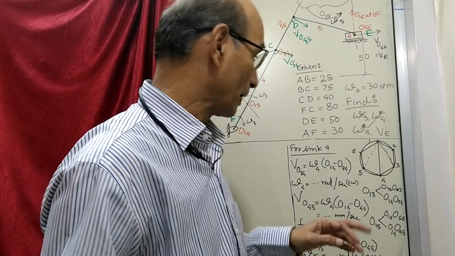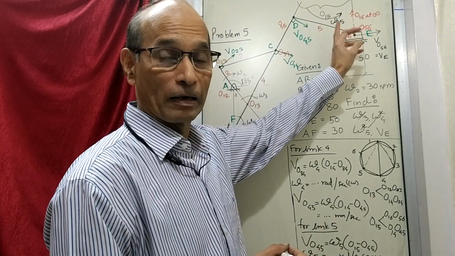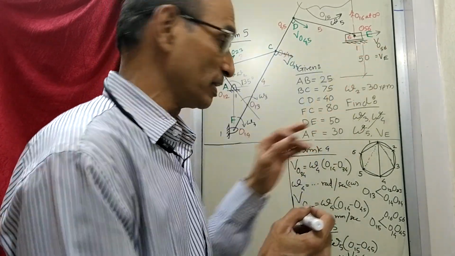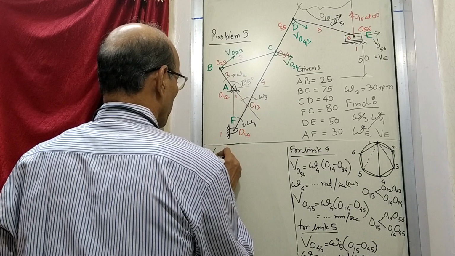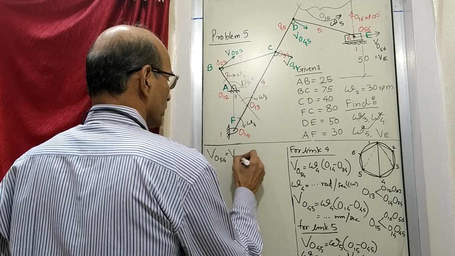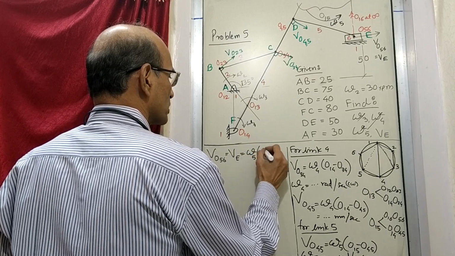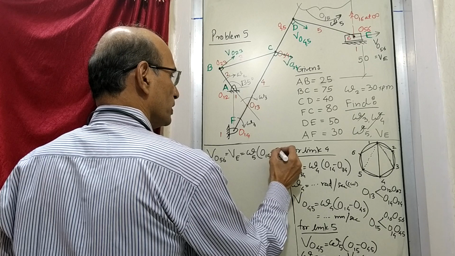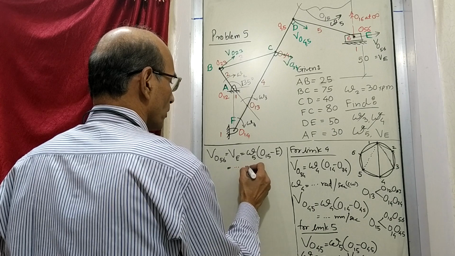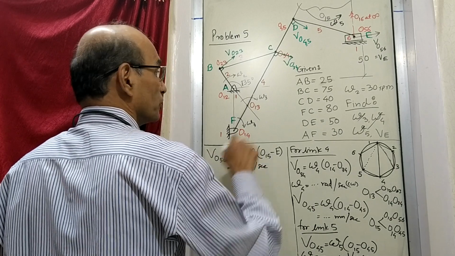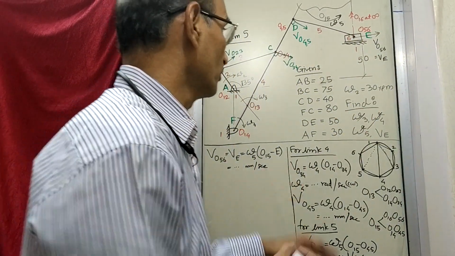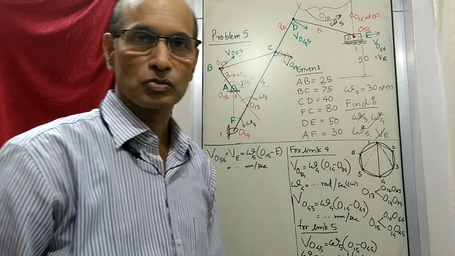Okay, so we have got the angular velocity of link number 5, that is omega 5. We now take another point on link number 5, that is 1_5 to 6. So we write here the velocity of point 5,6, which is the same as the velocity of E, which is equal to omega 5 times the distance from 1,5 to E. So the 1,5 to E distance is known, omega 5 is known, so you get this value. That is the velocity of point 6, which we already showed there. So we got the answers of almost everything and solved the problem.